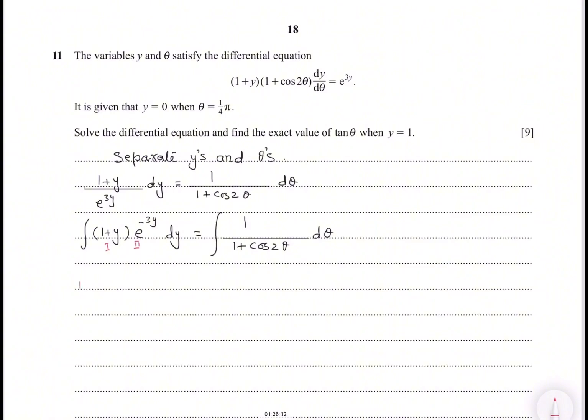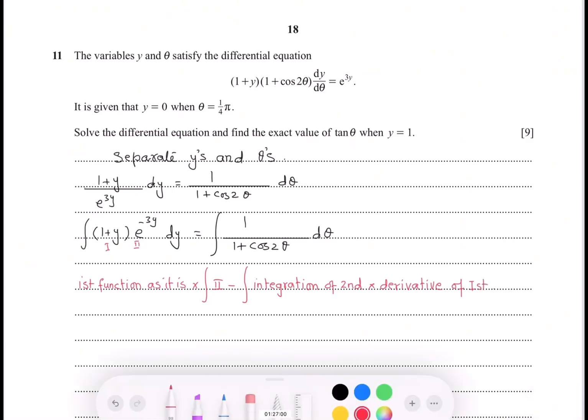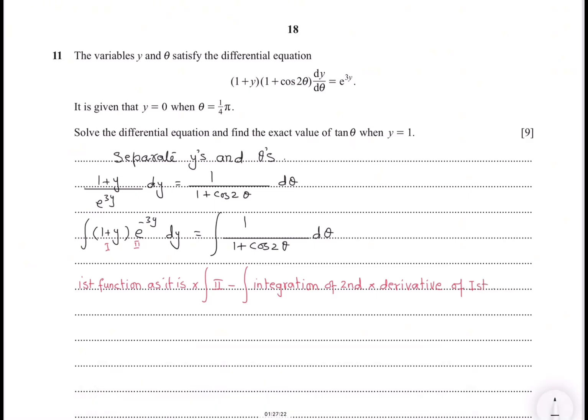So the formula is first function as it is, into integral of second, minus integration of second into derivative of first. So apply this on 1 and 2. So first function as it is, integration of second, which is this,